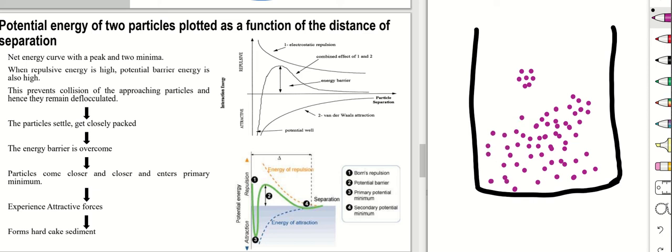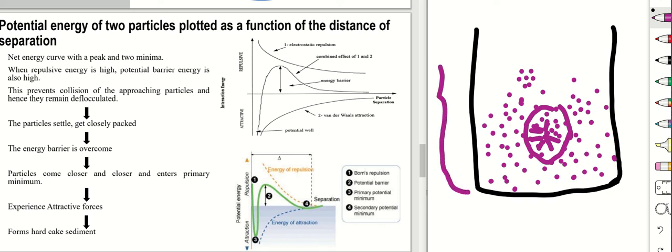Rather, all the loosely arranged particles form a network, there will be some networking seen between the particles, and this is known as a floccule. And when all the floccules undergo sedimentation, of course the sedimentation volume would be higher and no hard cake is formed. So during this process of flocculation or hard cake formation,